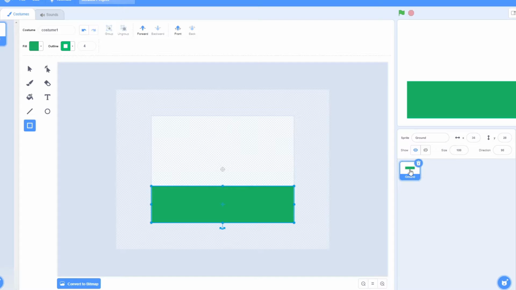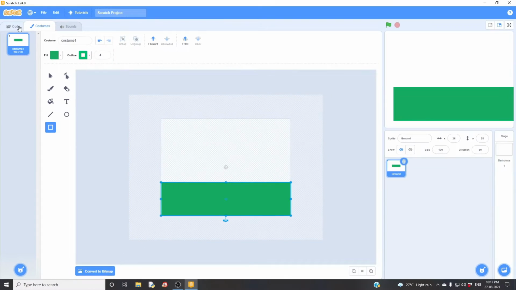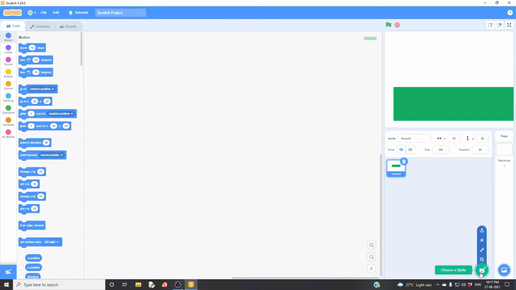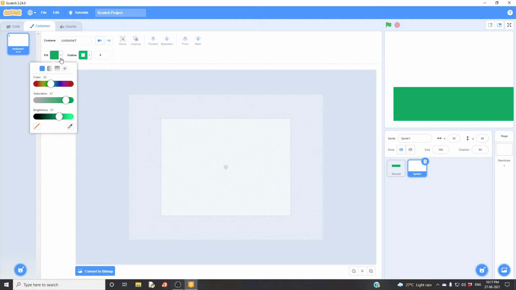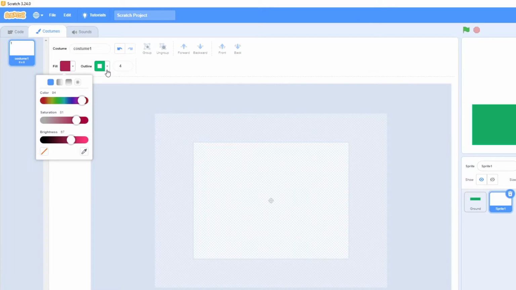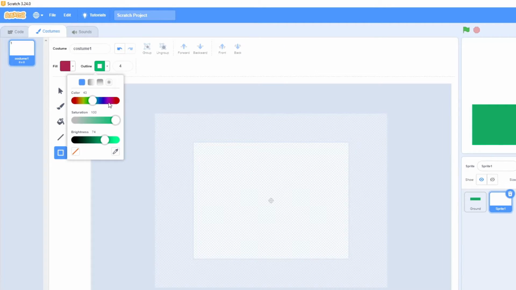Then let's go for a ball. Again, go for code. Go for choose a sprite. Here, click the paint. I need a ball. It should be in some red color, and the outline should also be the same red.